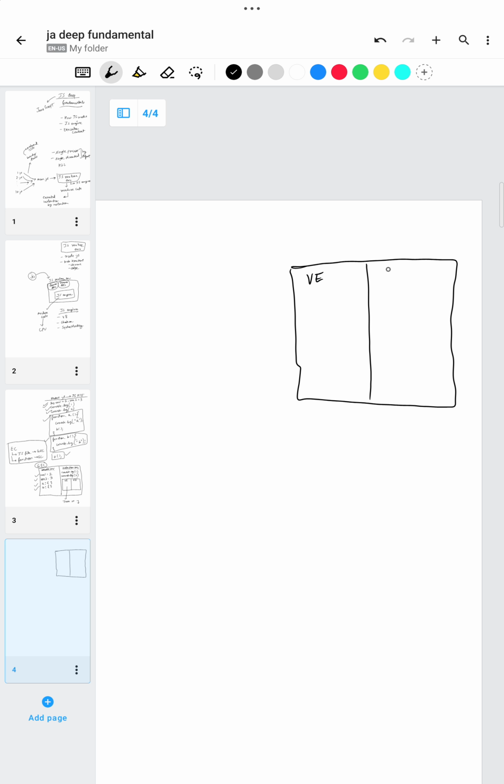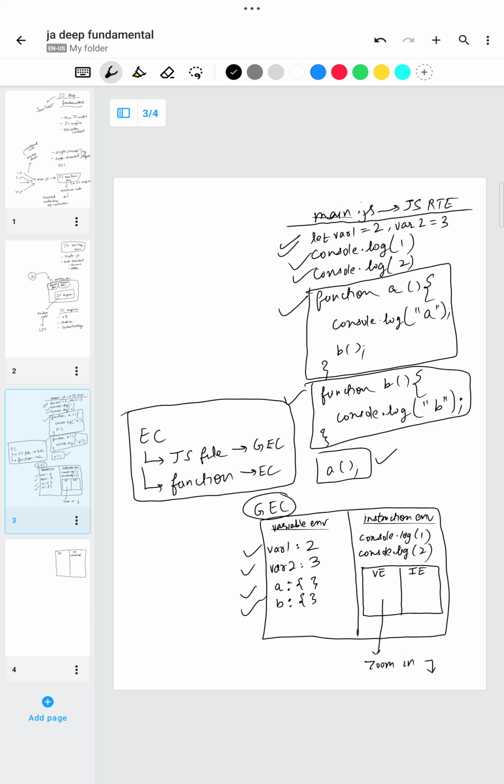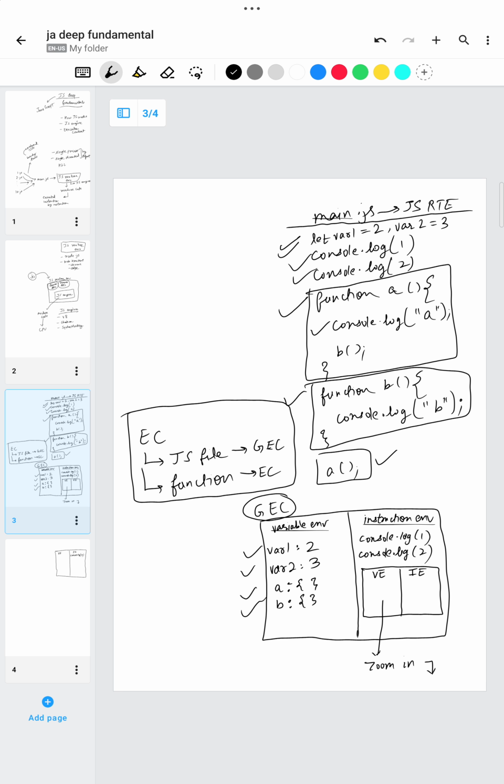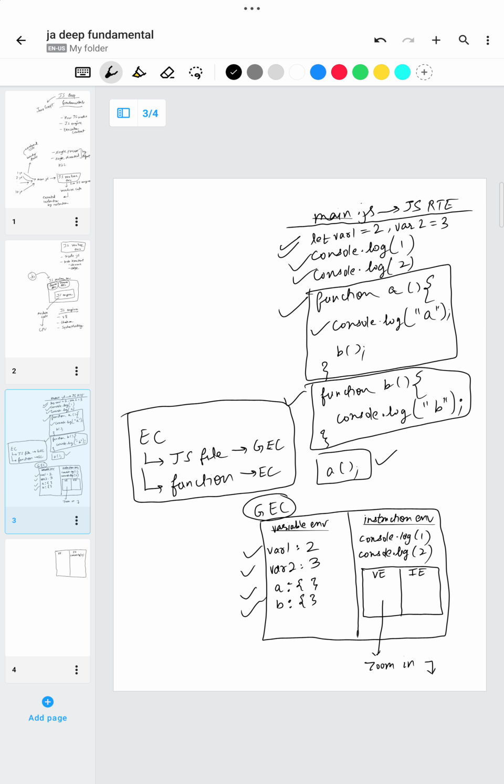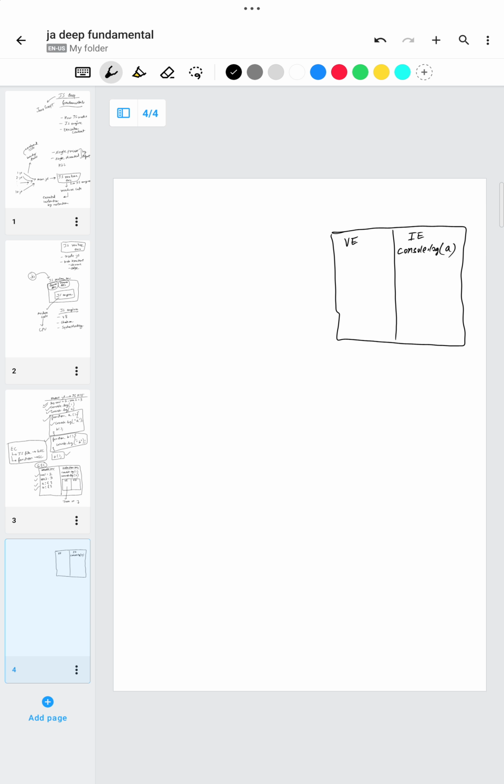So we have the variable environment, instruction environment, console.log a. It's a, right? In the function this is the instruction being called. Okay, so hence a is being called, and you can see a on the console. Now we can see the function b is called, hence whenever the function is called another EC is created. So another EC will be created,